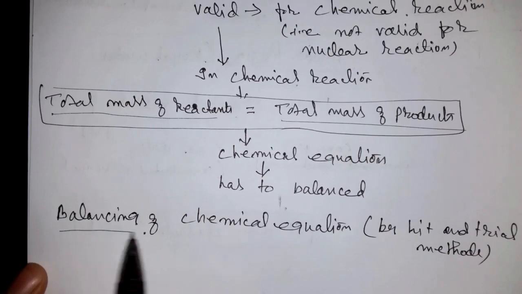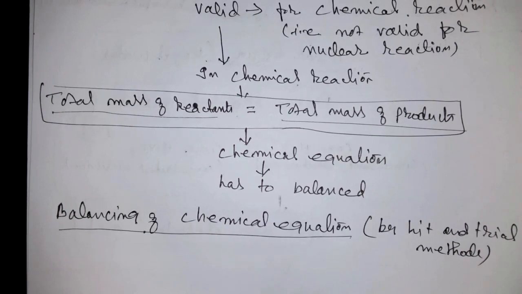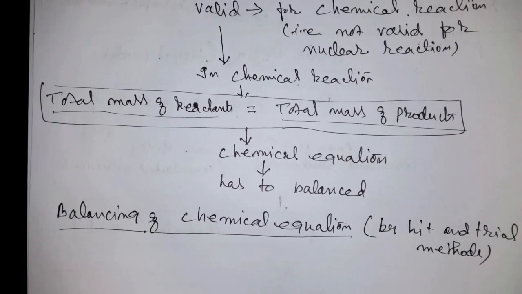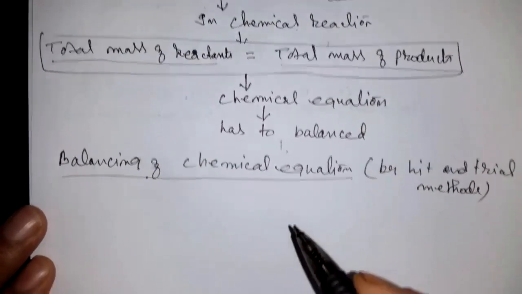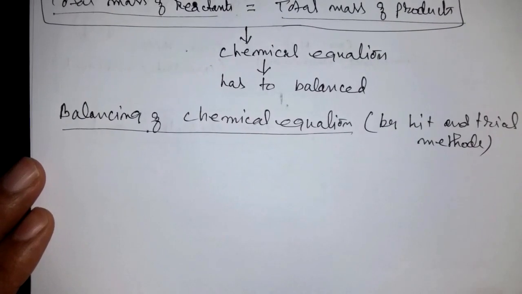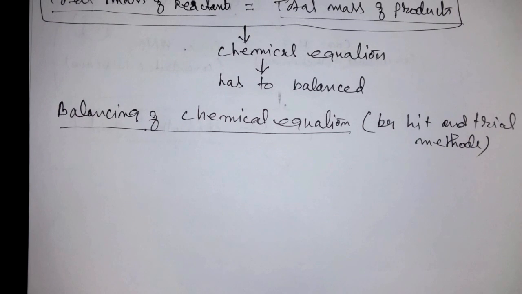But while doing hit and trial method, some hints and tips can be remembered so that balancing work becomes a little easier. For balancing chemical equations, there is no proper formula or rule by which method you should balance. You have to see the numbers logically and think what number to add so that the number of atoms of the same type on both sides of the chemical equation, that is reactant and product, will become equal.